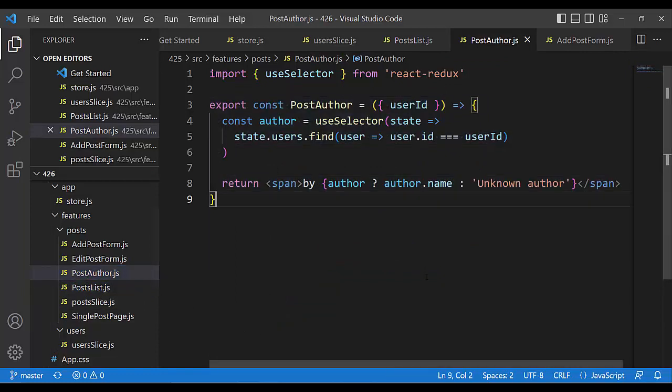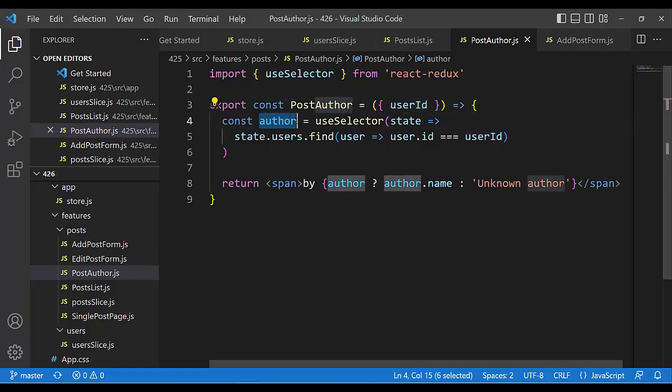Post author is equal to an arrow function, and the parameter of the arrow function is user ID. User ID is something that exists in every post. Take user ID, and here